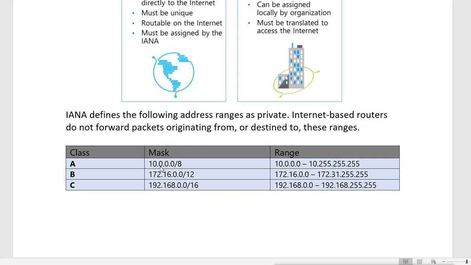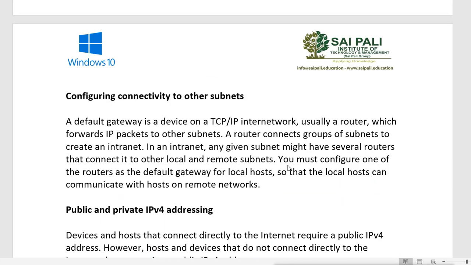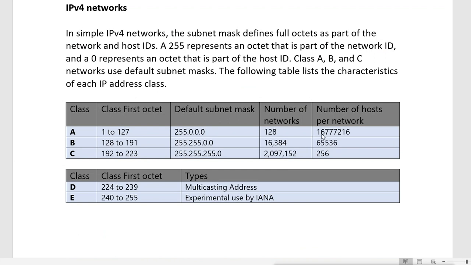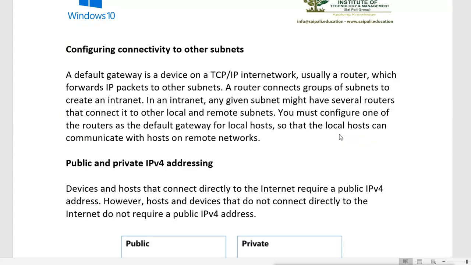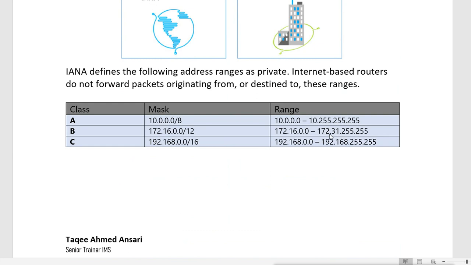So basically in class A, the IP range from 10.0.0.0 to 10.255.255.255 is the private range, and it is a very big range. You remember how many IPs you will get within that range. You will get this number of IPs. So in class A, IANA has left one network for private, and that is network 10. So anywhere you see network 10, that means it is a private IP.